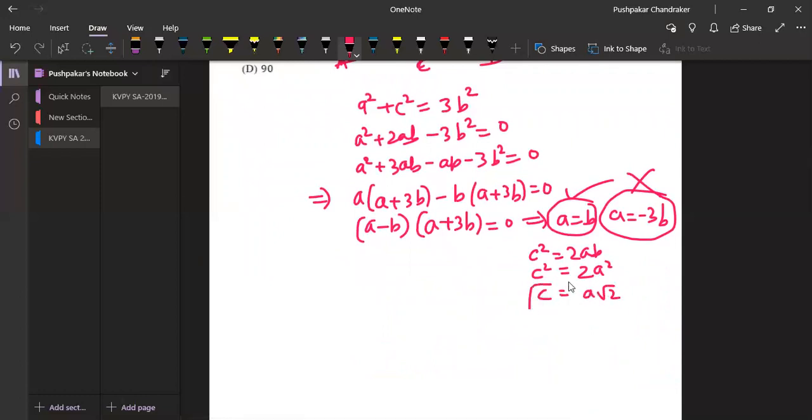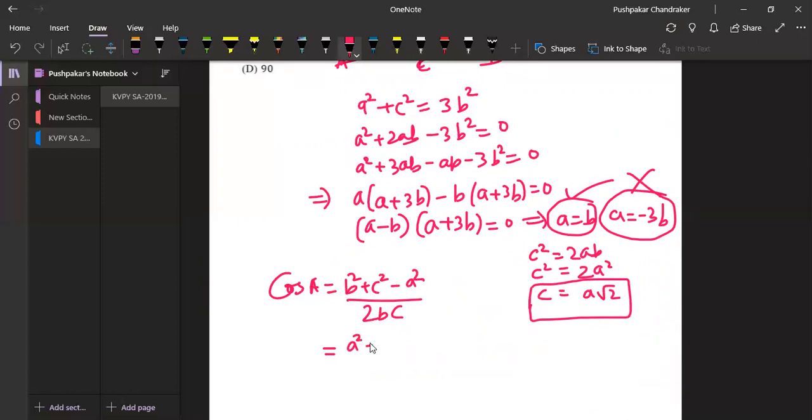Okay, now let us begin. They want angle A, so cos A equals b square plus c square minus a square divided by 2bc. This is called the cosine law. Substitute the value of b. b is nothing but a. So a square plus c square,